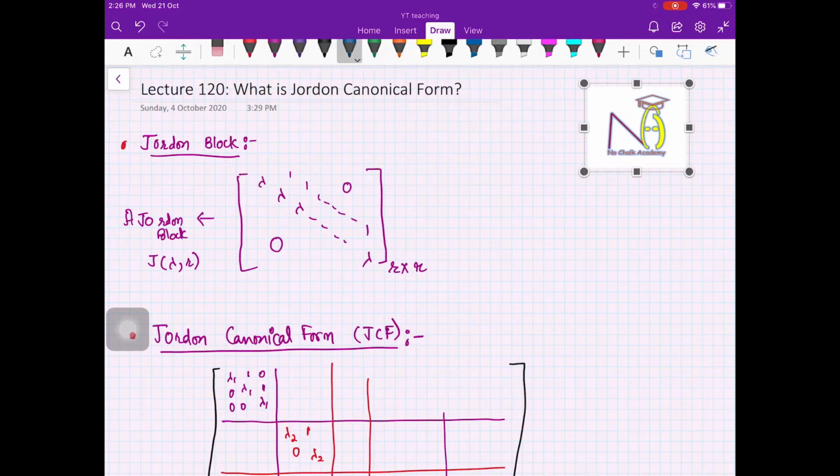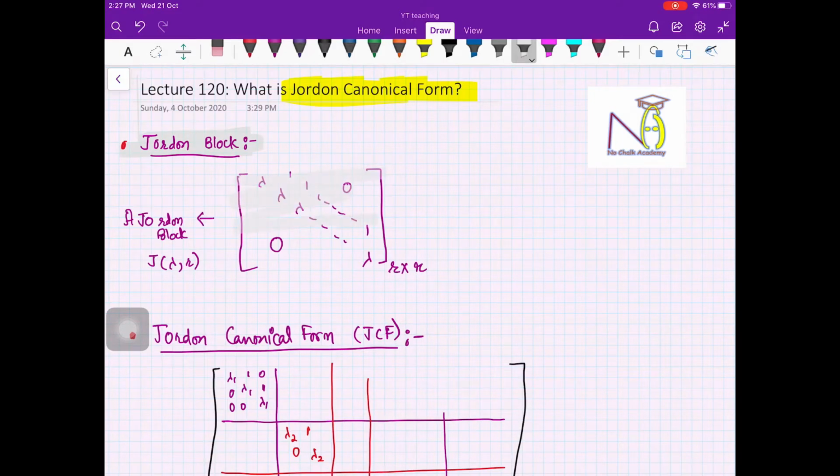So let us see, in this video now we are going to move towards something called Jordan canonical form. This is an important concept in linear algebra. In this video I'll keep it very simple. I will just tell you what is the Jordan canonical form and why we are looking for this form. For defining a Jordan canonical form, you should first know something called Jordan block. Although we have already discussed this, I will just define it once again.